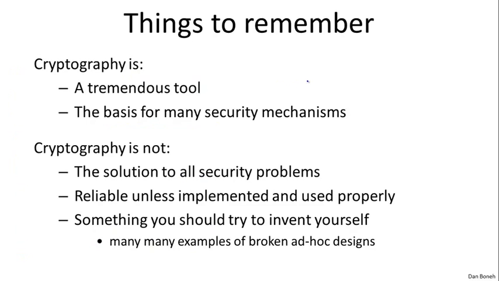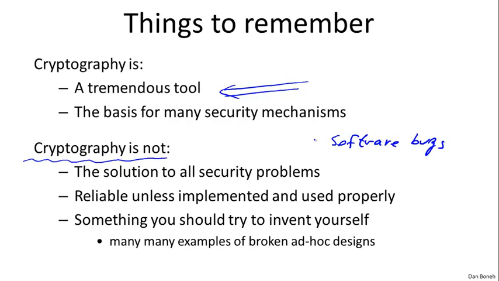First of all, cryptography, of course, is a fantastic tool for protecting information in computer systems. However, it's also very important that cryptography has its limitations. It is really not the solution to all security problems. For example, if you have software bugs, then very often cryptography is not going to be able to help you. Similarly, if you're worried about social engineering attacks, where the attacker tries to fool the user into taking actions that are going to hurt the user, then cryptography is very often not going to help you. So although it's a fabulous tool, it's not the solution to all security problems.